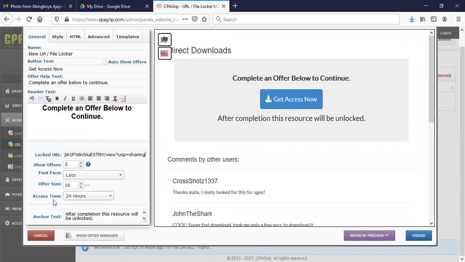Okay. Then the access time. Do I want the person to keep coming back to have access to this? I'm going to leave this as 24 hours. Okay. So this one says after completion, this resource will be unlocked. This is the same thing here. Okay. So you can change this to say after completing